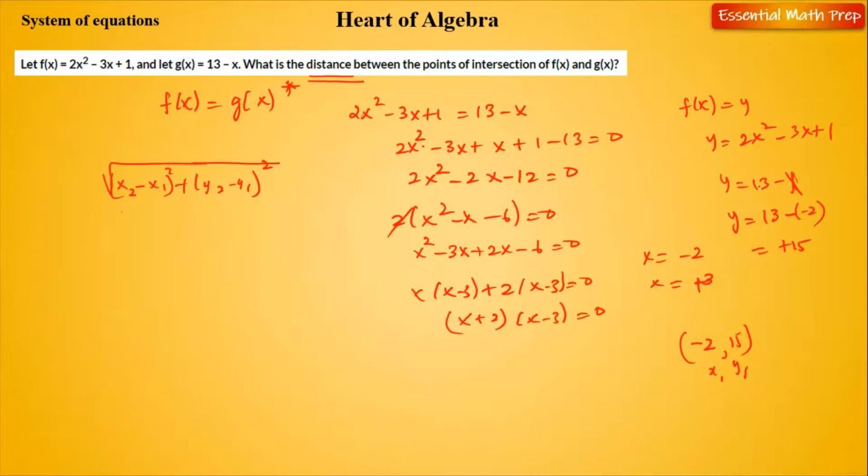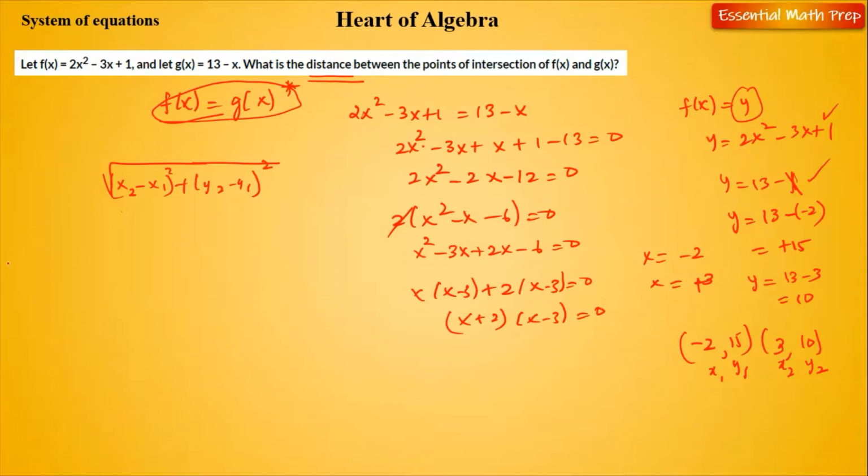Similarly, as I said, you can substitute in either one and you get the same answer, because we've assumed this expression here. So when x is 3, y is 13 minus 3, which is 10. So if x is 3, y is 10. Again, another thing you have to remember is that we are saying f of x is a function that's equal to y. Only then do you know where the y is coming from. So there are a lot of simple things you have to know, or complex things if you think that is complex. So if this is x2, which is 3, then its corresponding y value is 13 minus 3, which is